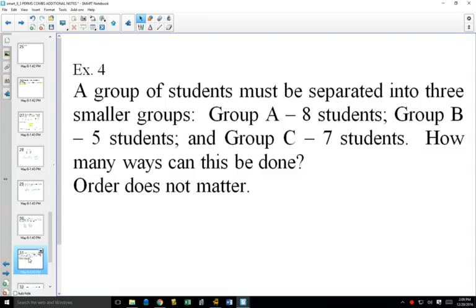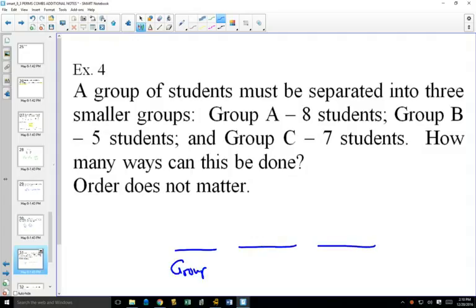Can you see in this question that you would have 3 decisions to make? You want to split your class up into 3 different groups, Group A, Group B, and Group C. So you have 3 main decisions to make. Once you make those groups, can you see that the order doesn't matter in those groups? So if you've got 3 main decisions to make,